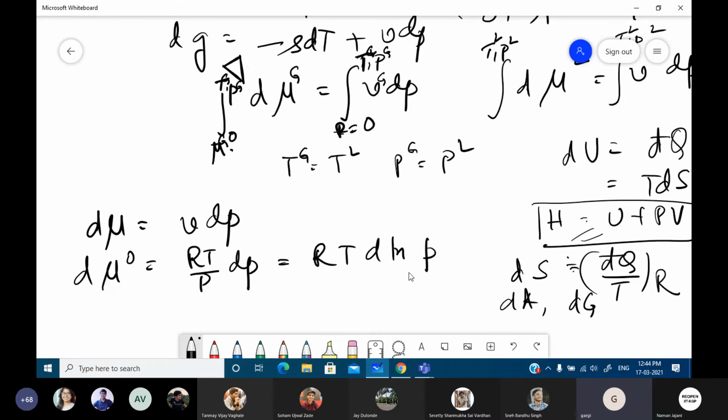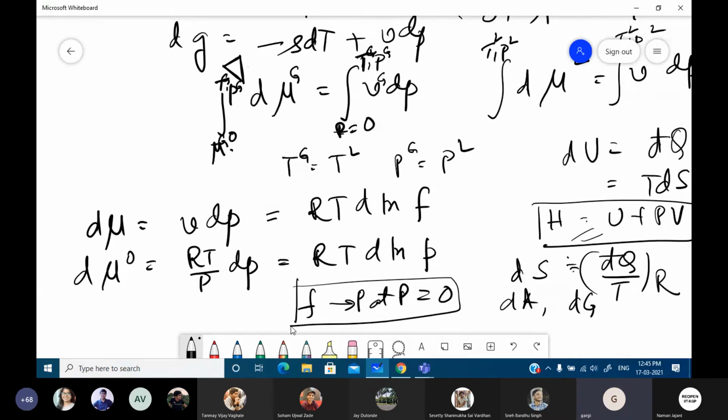Looking at this equation, it was felt that just like P, we can define a term fugacity. We will always start from one particular state and go to the other state, but we will define it such that fugacity is known at least at one particular state. And at what state do we know fugacity? We know fugacity at P equals 0. We know that fugacity is equal to P. This is what we know.